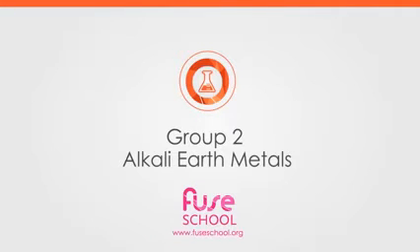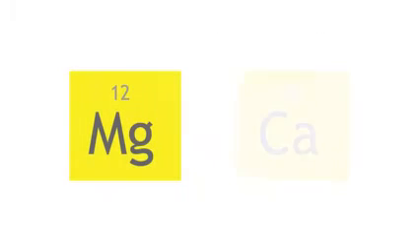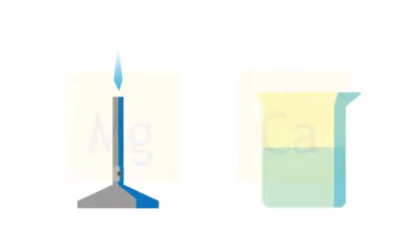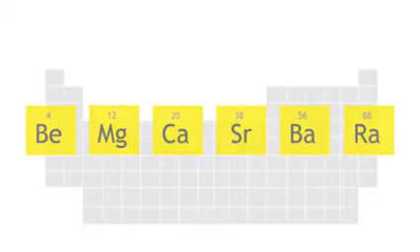In this lesson, we will learn about the alkaline earth metals in Group 2 of the periodic table. We will focus on magnesium and calcium and learn about how they react with oxygen and water and the products formed from these reactions. The alkaline earth metals are beryllium, magnesium, calcium, strontium, barium, and radium, located in Group 2